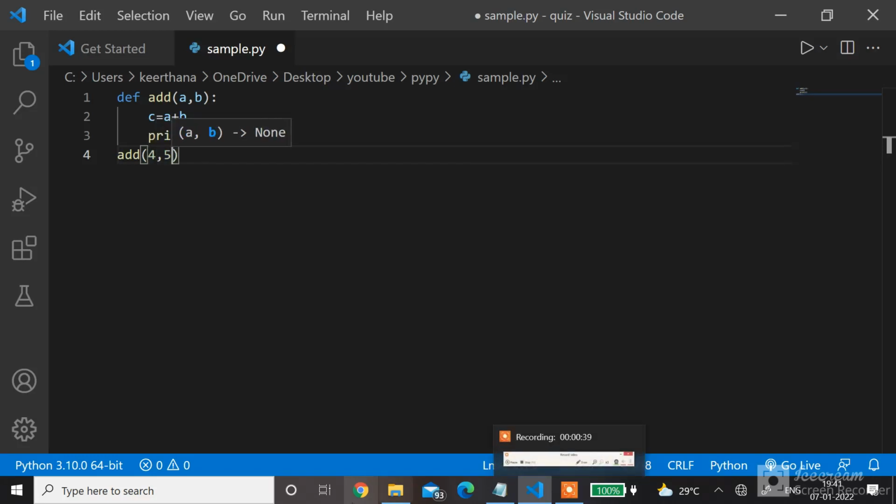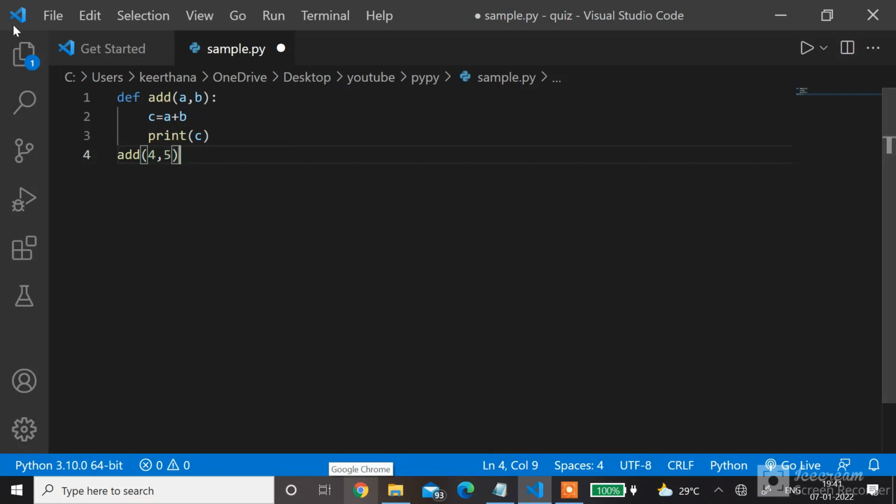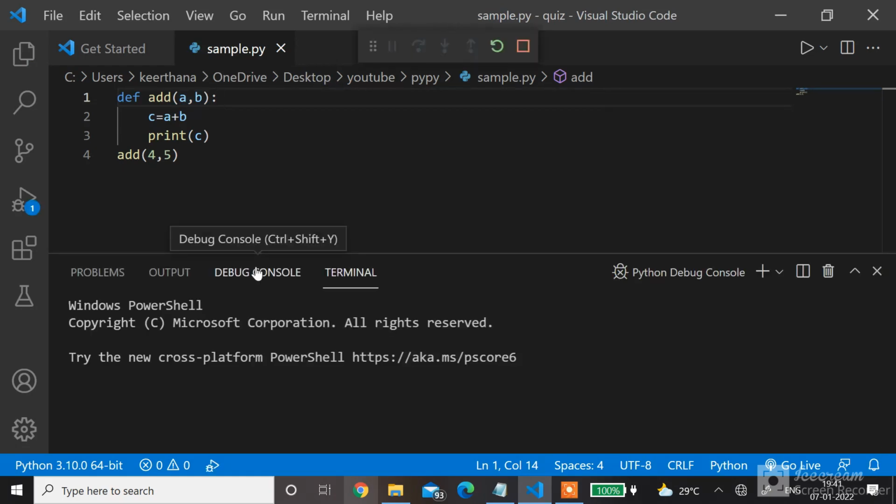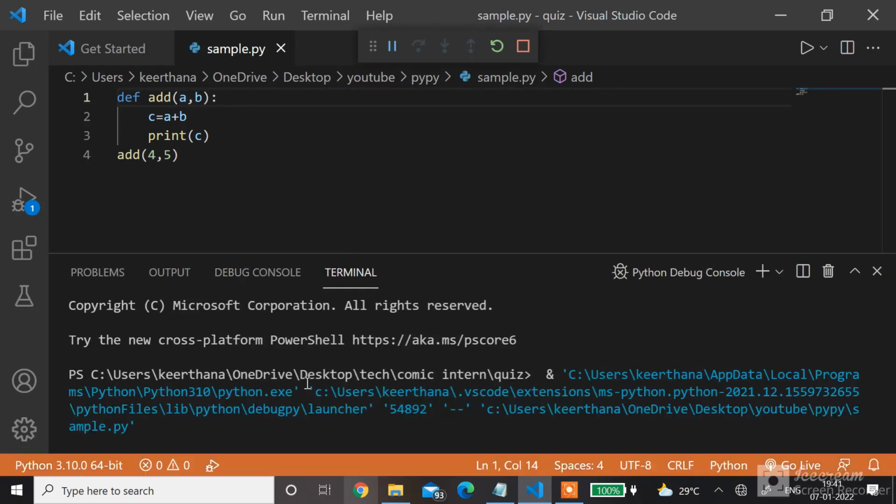Here you need to know two things called arguments and parameters. When you want to send some value through the function to the called function, that value is known as an argument. In the called function, first we need to store the value for further processing. For that, we use a variable. That variable is known as a parameter. Now save the file and run the program. You see the output as 9.